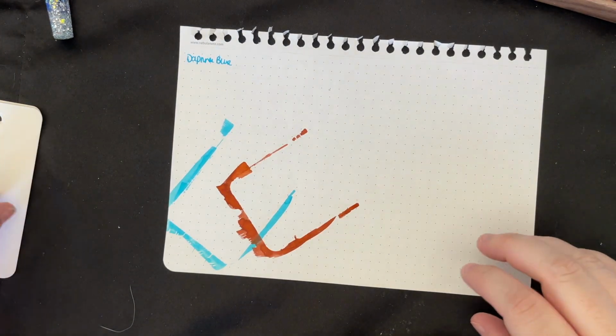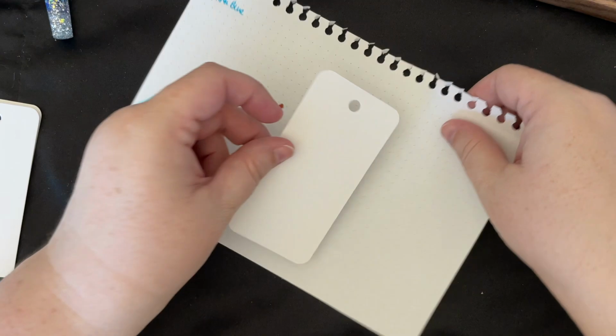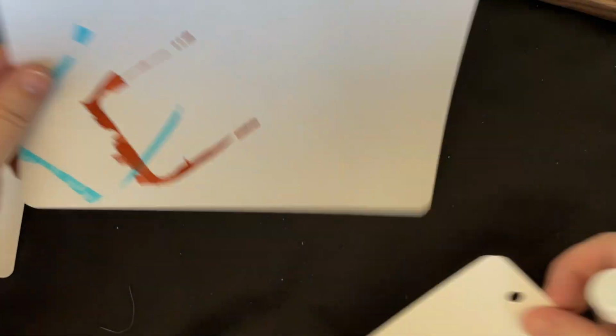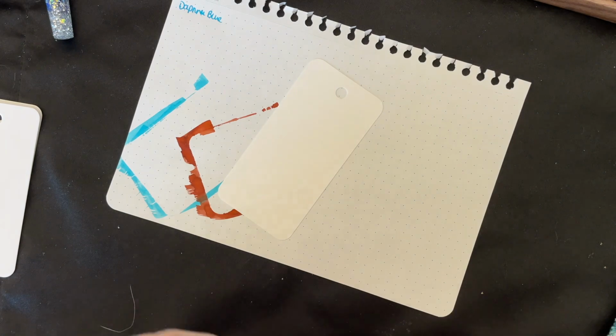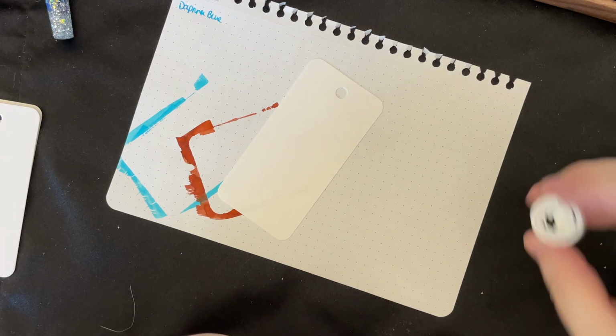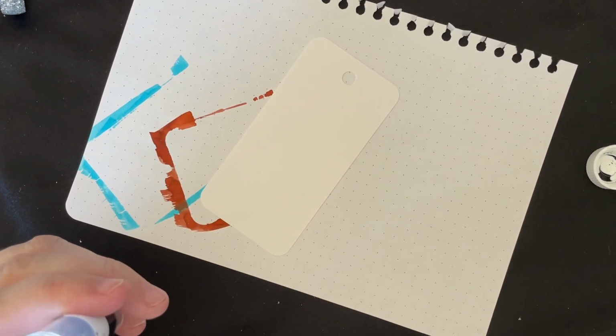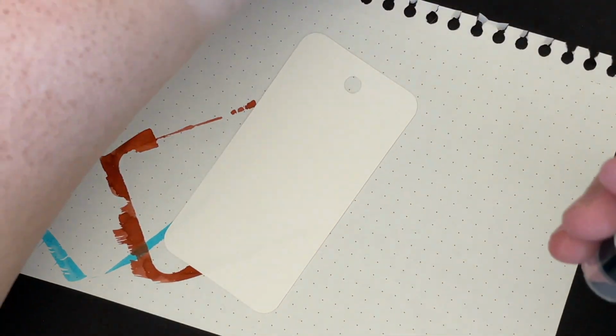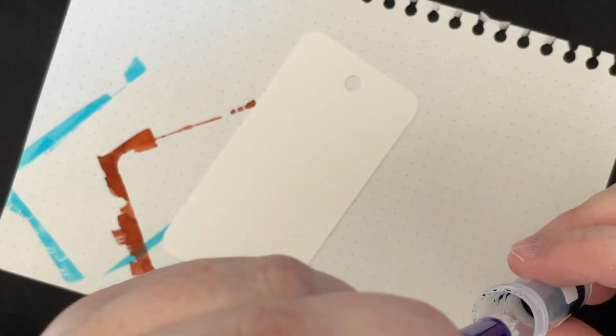Okay, next up we have Private Reserve Blue Suede. I have to say this paper is taking the ink nicely. There's not really any bleed through. I mean, I've only done 2 of them, but that's pretty good. I feel like I could maybe zoom in a little bit. So next up we have Private Reserve Blue Suede,